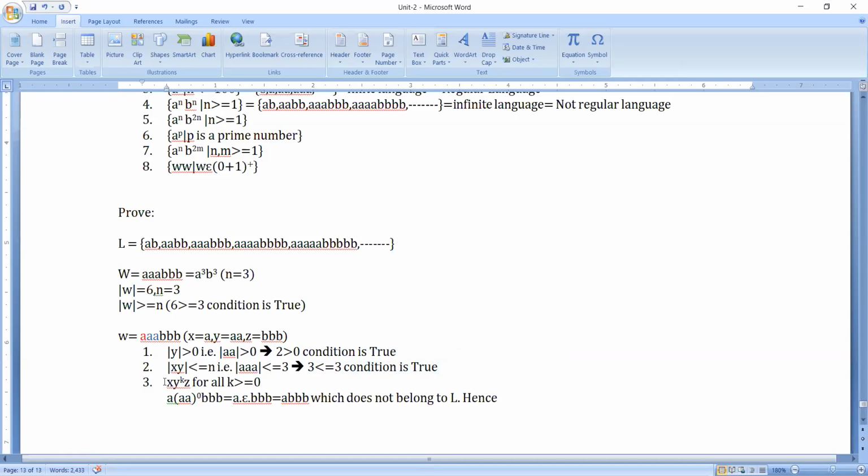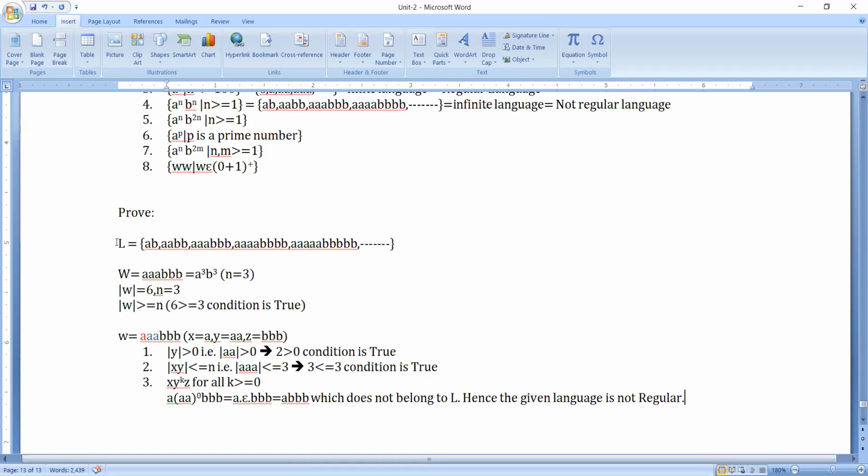The third condition has failed. So as the third condition failed, we can say that the given language is not regular.